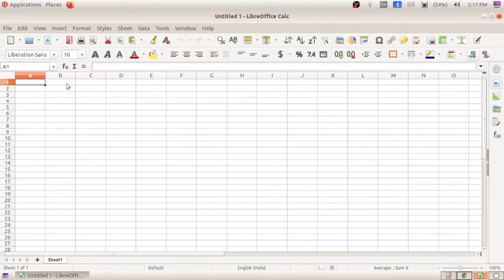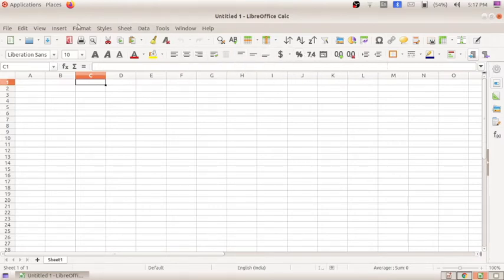When we place our mouse pointer here, you will get a box in bold black color. This is known as the cell pointer. This is the cell. When we place our mouse pointer here, it will be highlighted in bold, and it is known as the cell pointer. This is the home page of LibreOffice Calc, and these are some of the tools which we will be using for doing the activities.